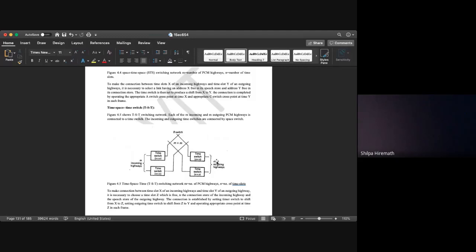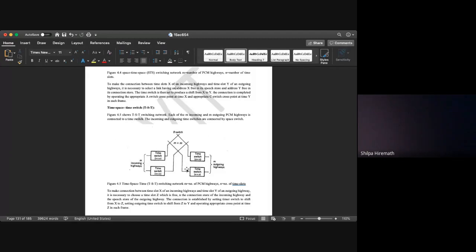In the previous class, I explained how the time changes when considering a time slot interchanger. There is something called a control unit, and that control unit specifies the input data occurring at what time slot has to reach the output at which particular time slot. Here we are considering that the data is occurring at time slot X. Based upon the control unit in the time switch, it specifies some time slot, say Z. Based upon the cross point connection, it is connected across this particular time switch.